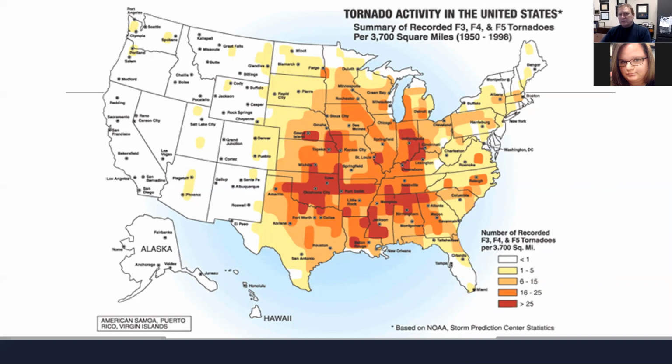But again, tornadoes are fairly unique to North America and fairly unique just to the United States. Although they have been spotted on other continents, because of the geography and how weather patterns form across the United States, specifically across North America, we're far more likely to be at risk of a tornado than any other part of the world.